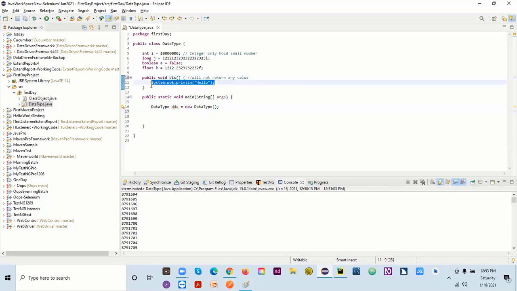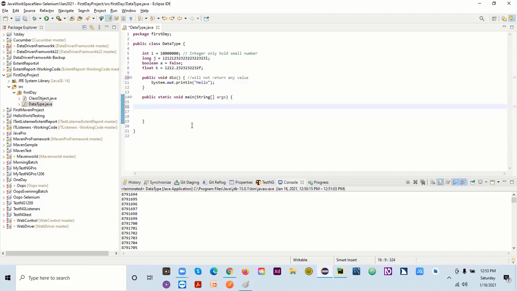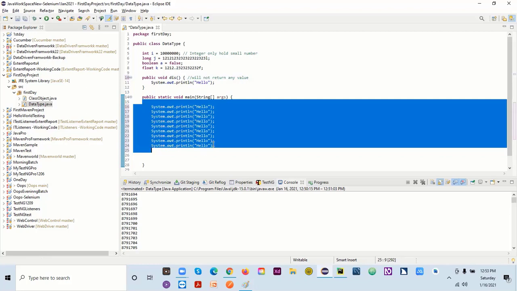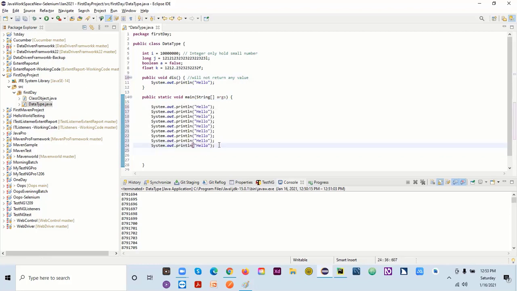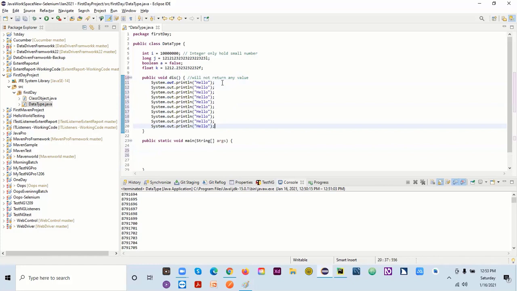Now let's talk about the method first of all. So what is a method? Just say I want to print hello, and this is my requirement, that I want to print hello around 20 times or 10 times. I will have to write it again and again, right? This is one way I can do it. Or if I don't want that, I can do one thing. I will copy this one, put it here in my method, and I'll be accessing it. This is the beauty of a method.